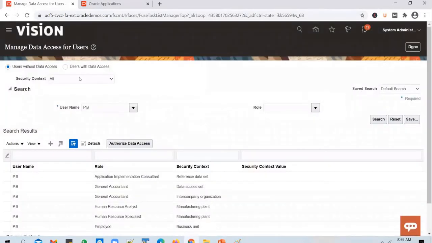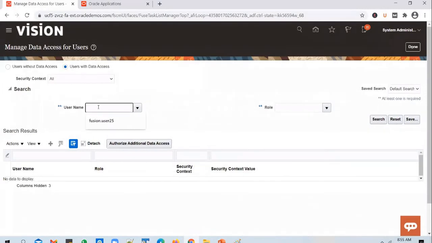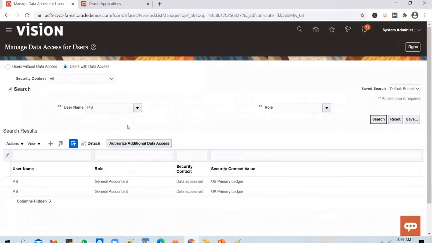But what is the downside with adding it from UI? If you have to give access to 10 different roles for 10 different business units, it doesn't make sense to repeat it manually so many times, right? So that's when this spreadsheet data loader option helps. Okay, but if you look at the user now, you can,